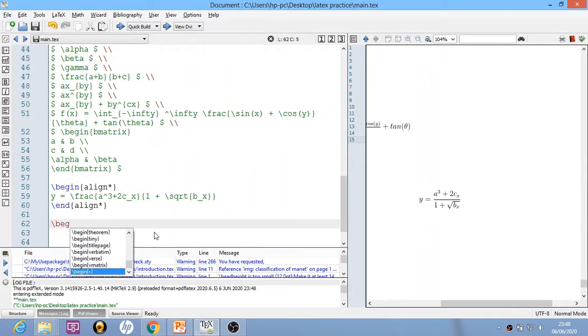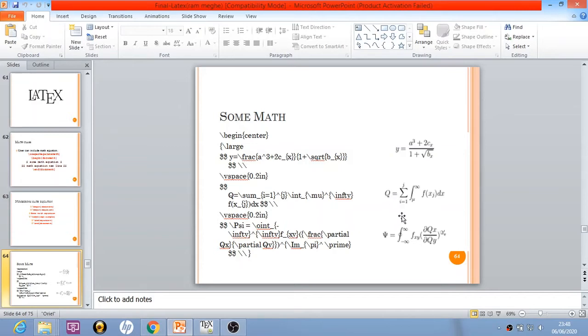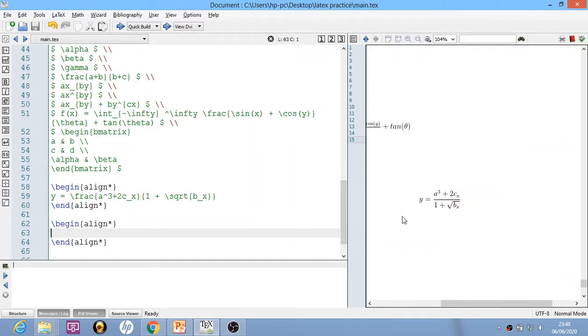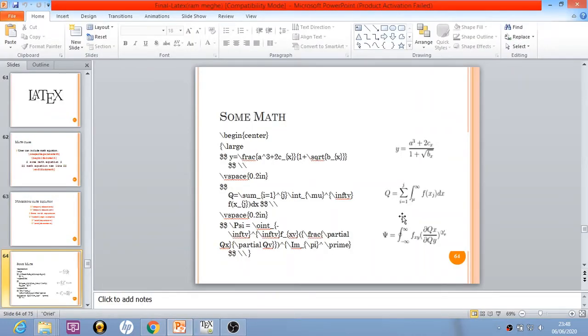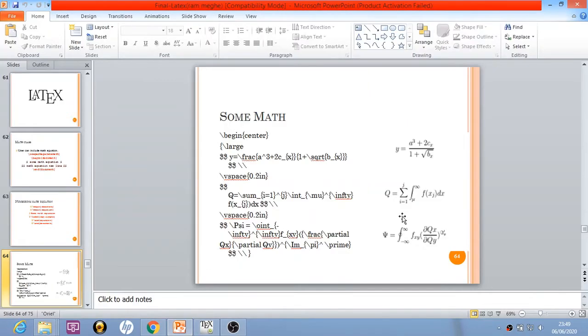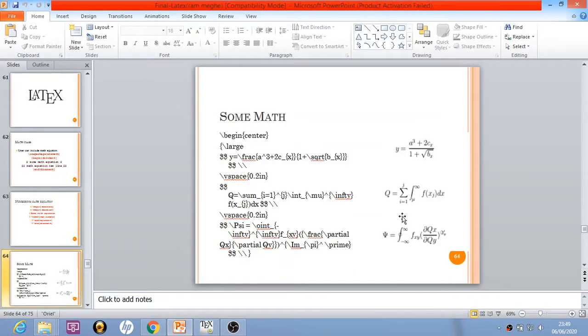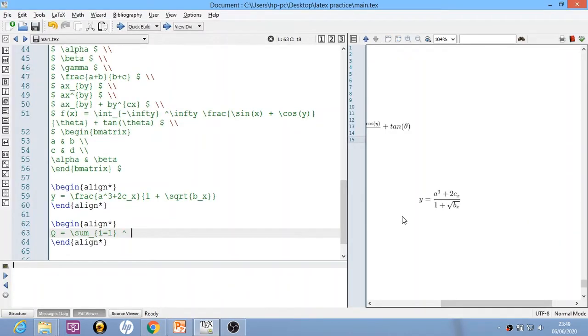Say for example I will write begin align and end align, and inside this we will write this equation: q equals to summation of i equals to 1, caret sign j.